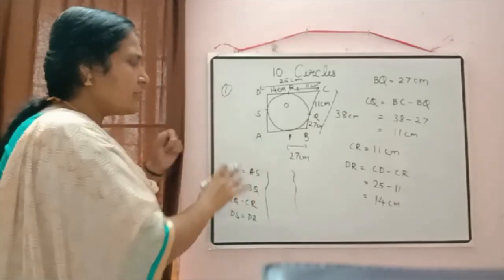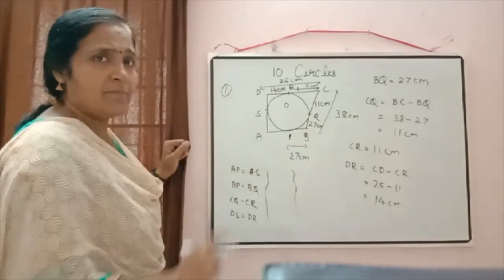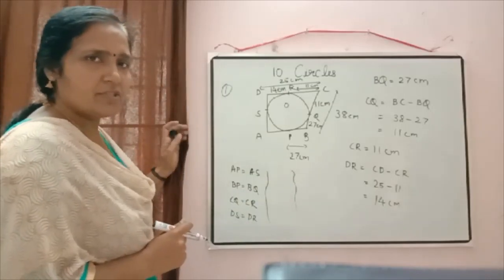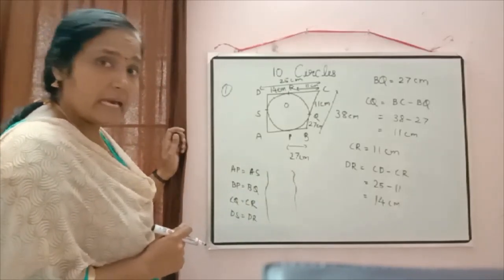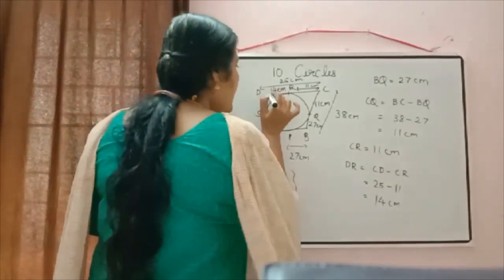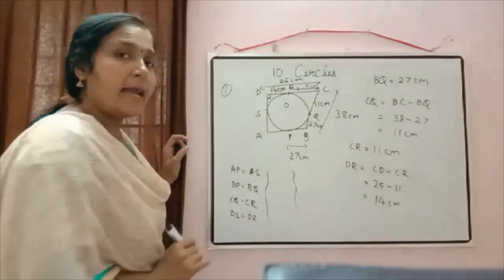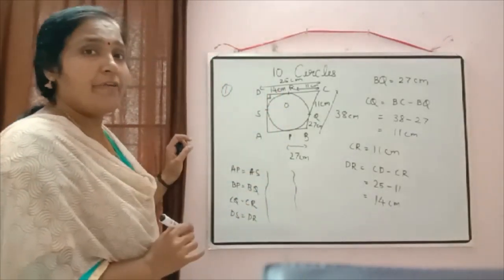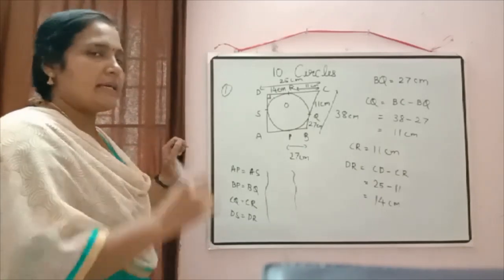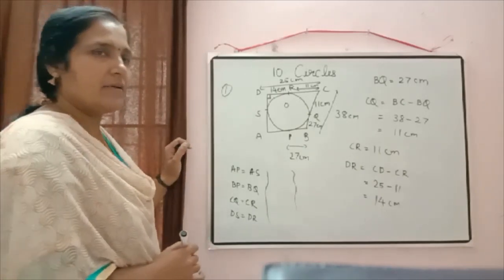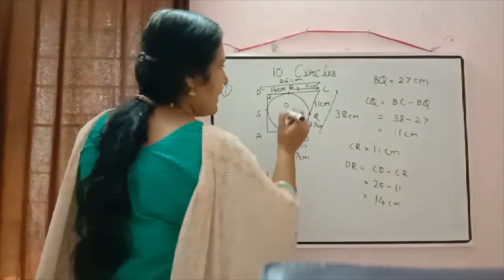Till now we used the property of tangents only. One condition is given in the question. What is that condition? Yes, that condition is angle D is equal to 90 degree. That condition we haven't used till now. Now we can check how we can use that condition. Now we have to find the radius.